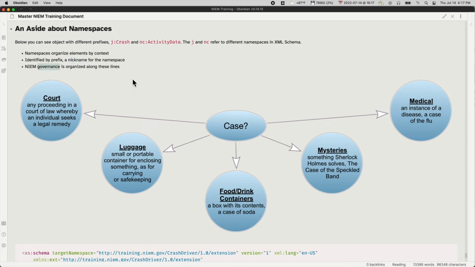And NIEM governance is actually organized along these lines. We have the NBAC that governs NIEM core, and then we have other domain stewards that do the different domains, and these domain stewards are organized around the namespaces. Everything's organized this way. So the idea about needing namespaces is that the meaning of a word varies depending on